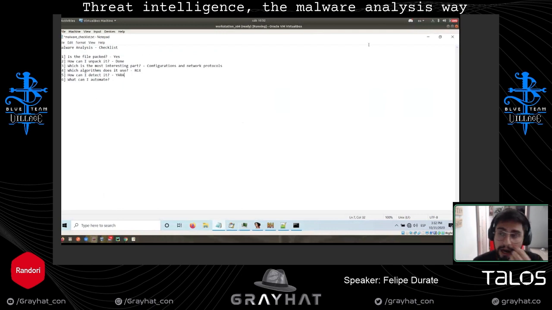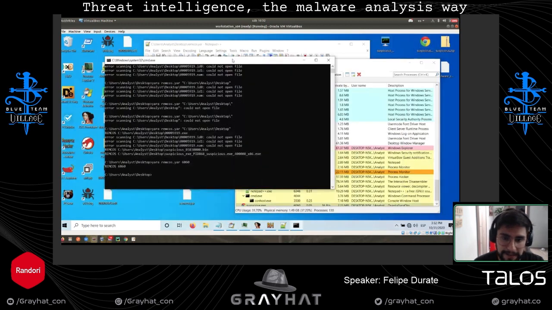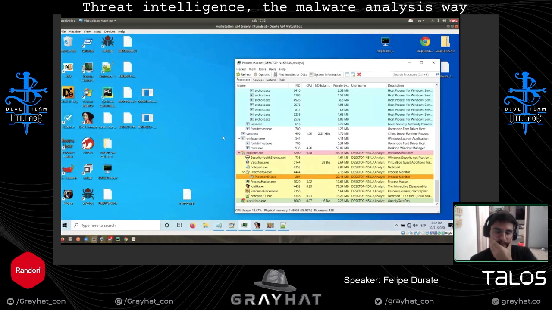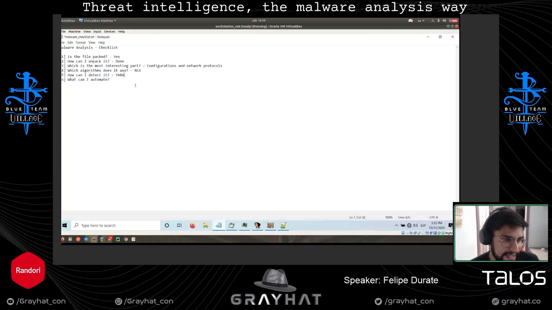Now, last part, how can I automate this task? The automation portion is more related to understanding more about the things that are going on. So we know it is RC4. We know what the data is that is being decrypted, or at least where it is. But we don't know what the key is, and exactly all those details.